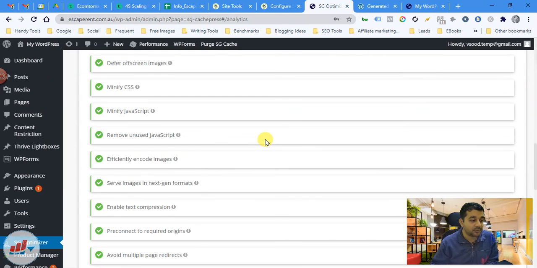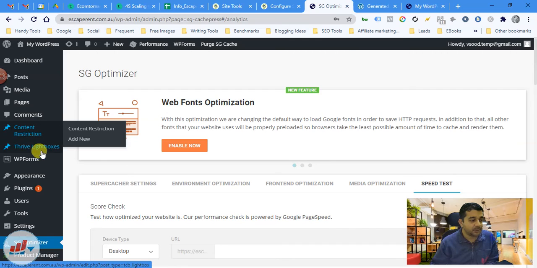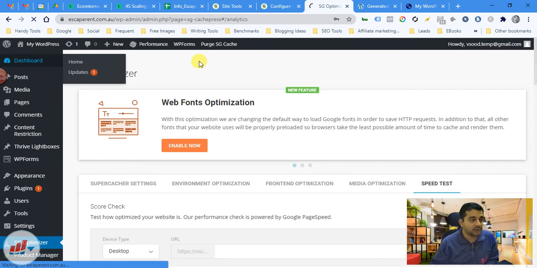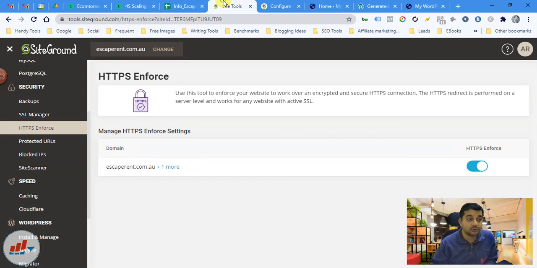Okay, so I think this is enough for today, and I think we have covered a lot, and only one thing is remaining, which is linking Cloudflare. The basic advantage of Cloudflare is that whatever traffic you are getting directly on a website, once you activate Cloudflare through SiteGround, the traffic will first go to the Cloudflare server, and then it will come to you.